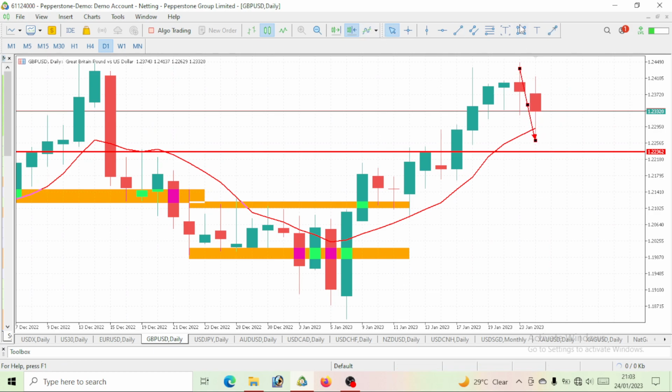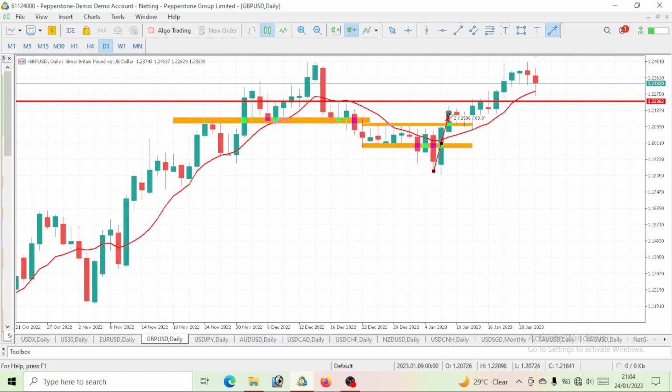So if you take a look at this GBPUSD like this, you take this to be an impulse move of higher highs, then you see this to be higher lows. Then you take a look at this to be higher highs, then a pullback here. If you see this again, higher highs, this is a pullback. Now I believe this pullback is over. So once this pullback is over, what do we expect? New highs. So we should be expecting a bullish move for the next day on GBP USD,